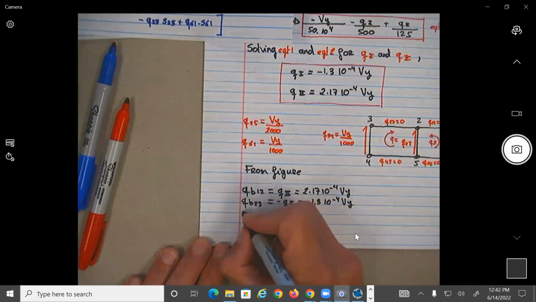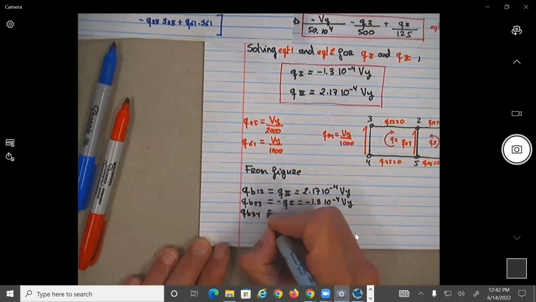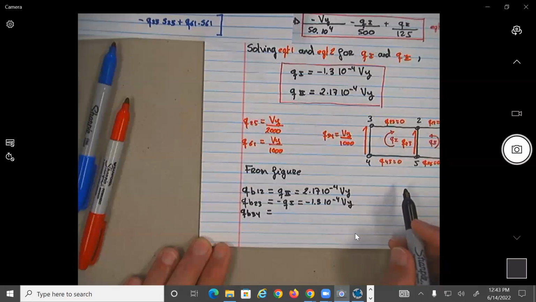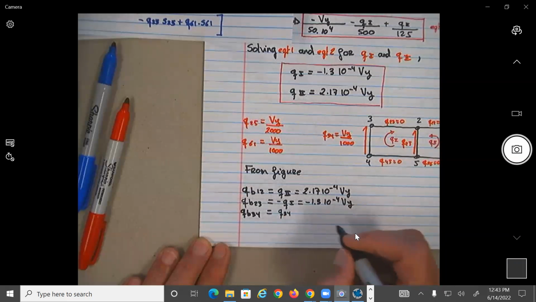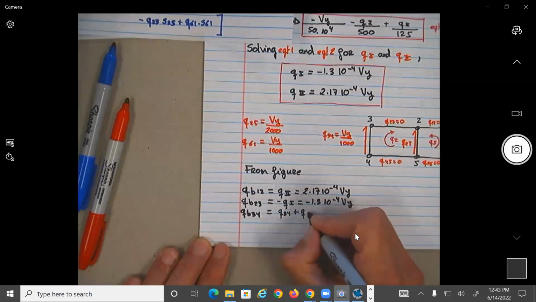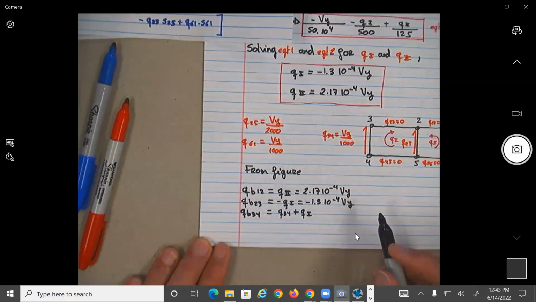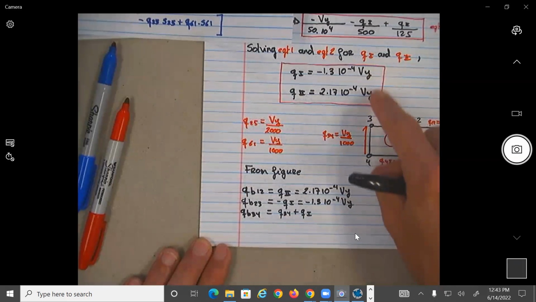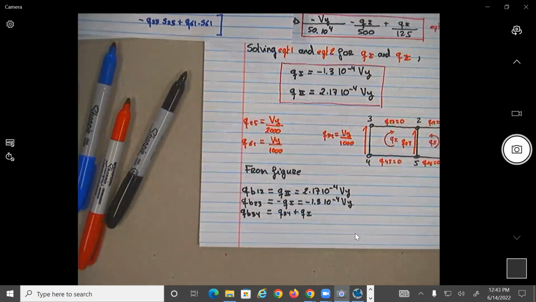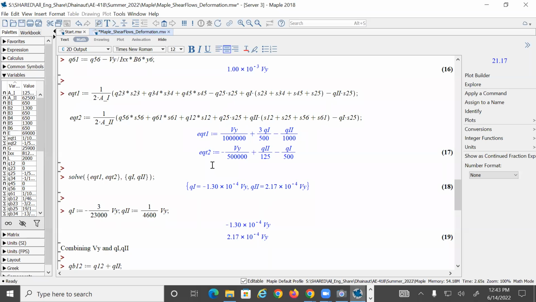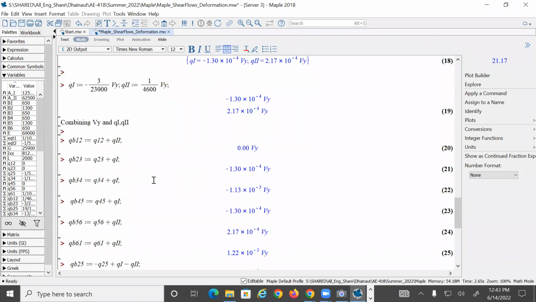QB34. QB34 should be equal to what? Q34 plus Q1. So I don't know, what would that be? I mean, in function of Vy, but you see everything will be in function of Vy, no? This is in function of Vy, and all these values are also in function of Vy. I don't know if I have the results over here. I should, but I don't know. So let's see, QB34, yeah, so will be